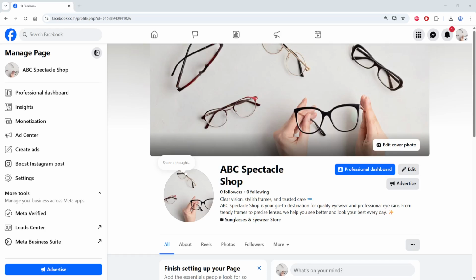In today's tutorial, I'm going to show you how to delete a Facebook page. If you don't want your Facebook page anymore, you close your business, you don't want your Facebook page. Okay, so first of all, you need to log into your Facebook account, and then go to your Facebook